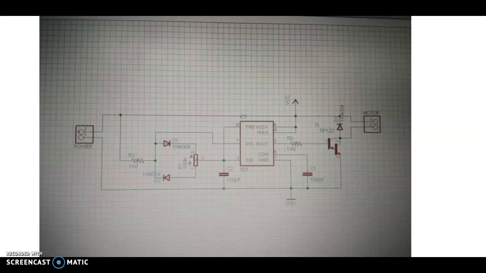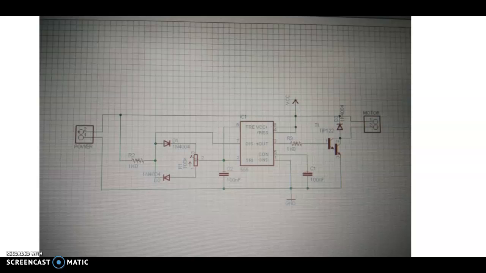Now you need to perform the ERC, and it will show you the warnings and errors. You have to minimize the warnings and you have to completely remove the errors. Once your circuit is error free, then you can choose file, switch to board option to view the PCB layout window.